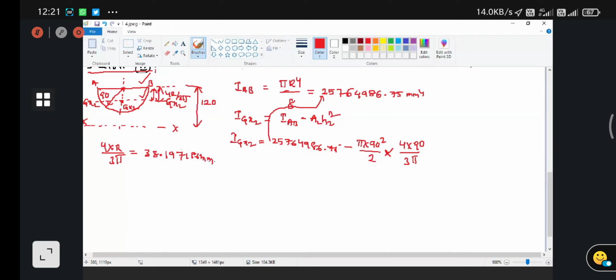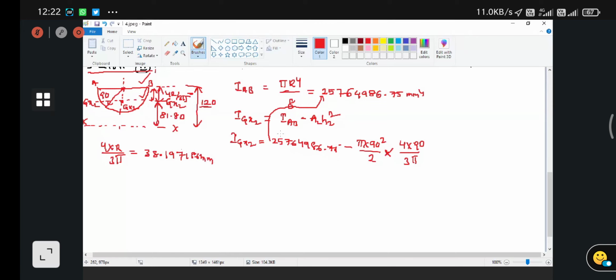Now what is the distance between the base axis and here? It is 120 minus this value, so 120 minus your answer, that is 81.8. So you will get the distance between these two as 81.8. Why I am finding this value, I will tell afterwards. Okay, 81.8.